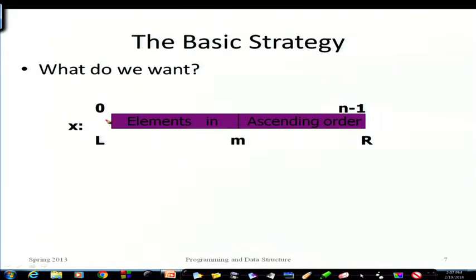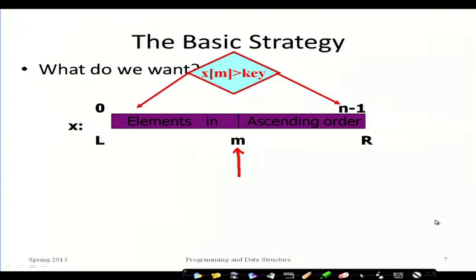The array is from 0 to n minus 1, n elements. Here I was showing mid only. So, this is the mid m, and this is the left end, this is the right end. So, there are two indices, all right. Now, I am taking the key and I am checking this part, the element m, that is x m.